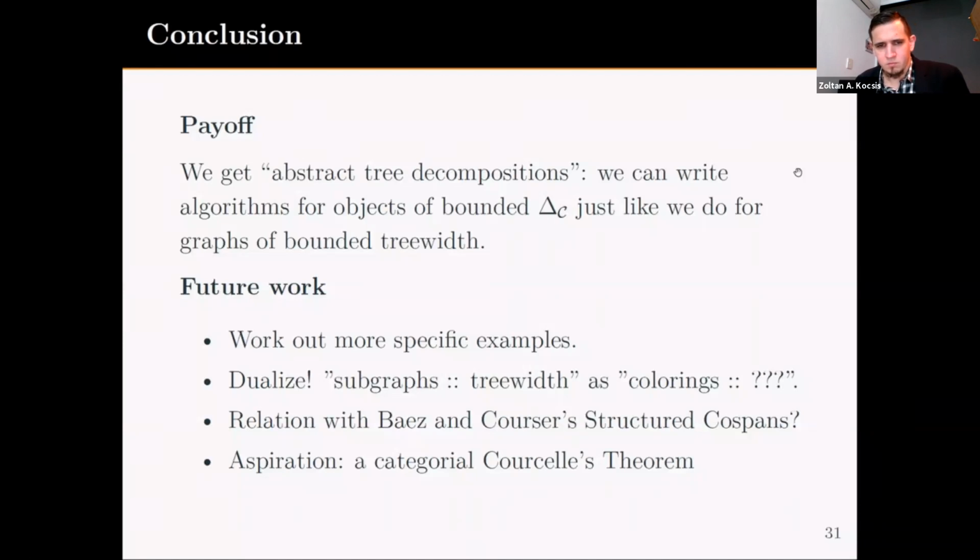Now there's a bit of future work to do here, as you can see. We want to work out more specific examples, and constructing algebraic examples in particular is not all that easy. And finally, as a big picture thing, as a sort of aspiration,